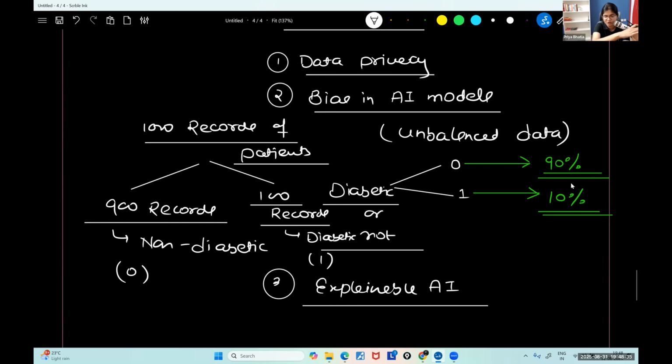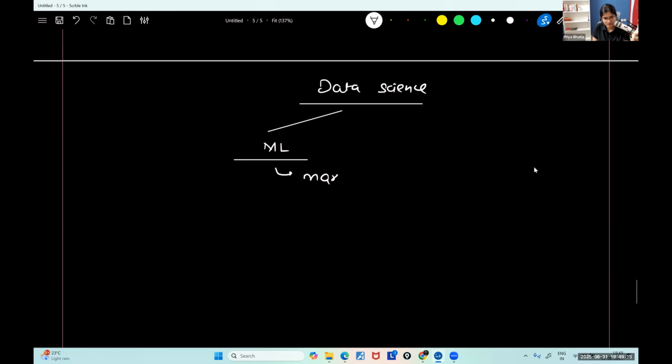If you have 500 records in non-diabetic and 500 in diabetic, that's where you will say it's balanced data, where you have an equal amount of records in the zero and one class. That's the meaning of balanced versus imbalanced. I hope it is clear now, right? Why? It is quite obvious. It is quite obvious because of how you guys learn. When I am giving you a problem, and you are learning about data science, if I teach you machine learning most of the time in my sessions, and I take the sessions of deep learning very little,